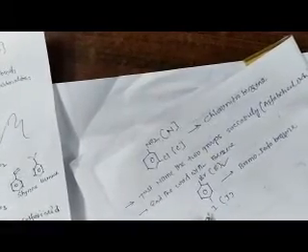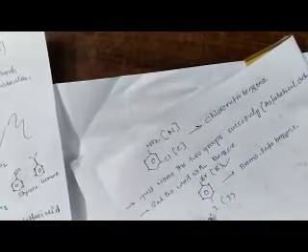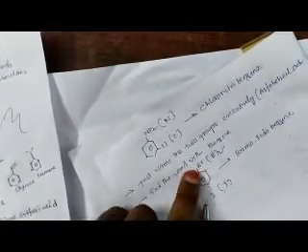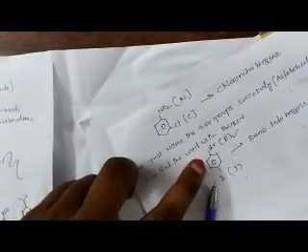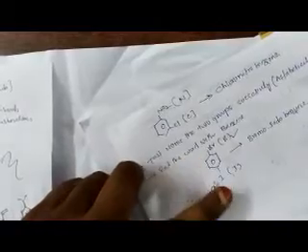If the two groups are different, you have to just name the two groups successively, in alphabetical order, and then the word benzene. So in the first case, the benzene molecule is substituted with the nitro group and chlorine group. So the C comes first, so it is called chloronitrobenzene. In the second example, this benzene molecule is substituted with bromine and iodine, so we have to give primary preference to the B over I, so it is called bromoiodobenzene.